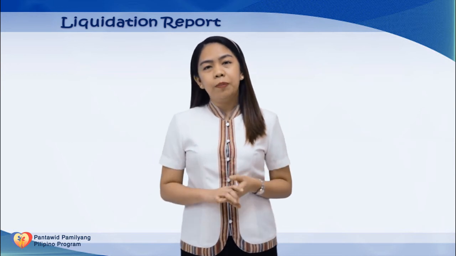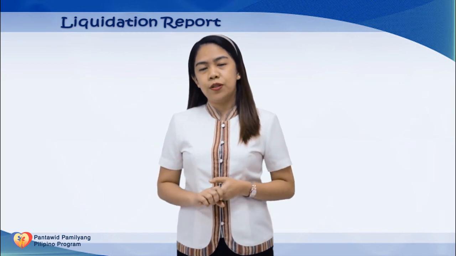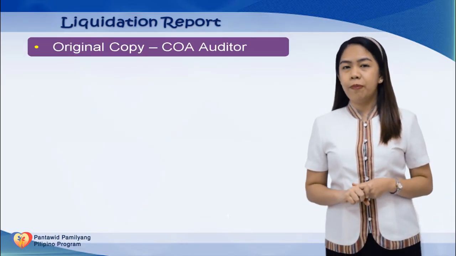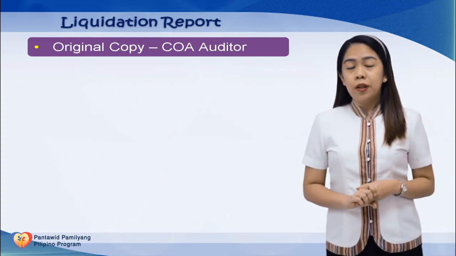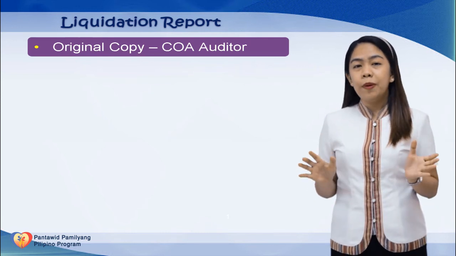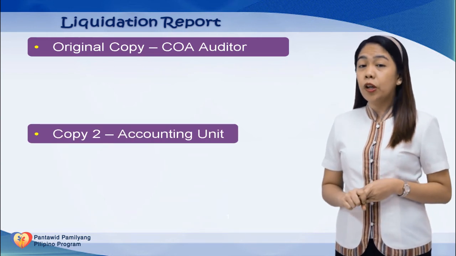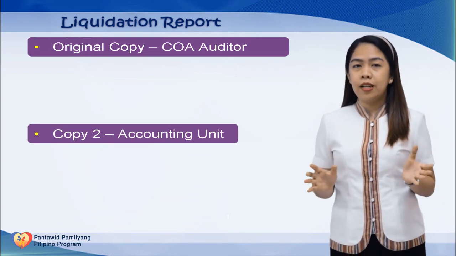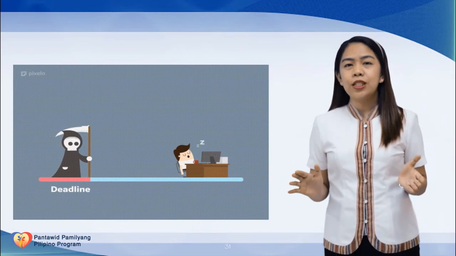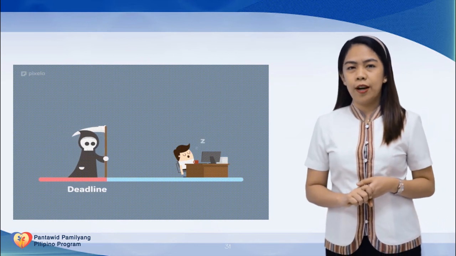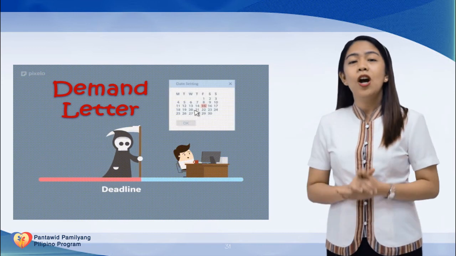The liquidation report shall be prepared in three copies and shall be distributed as follows. First, the original copy goes to the COA auditor through the accounting unit together with the supporting documents. Copy number 2 is for the accounting division or unit, to be attached to the journal entry voucher. And number 3 is for the officer and employee's file. If the employee fails to liquidate his or her cash advance, the auditor shall issue a letter demanding liquidation or